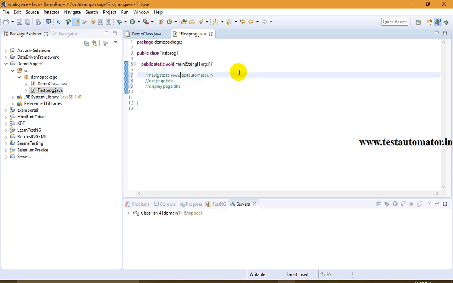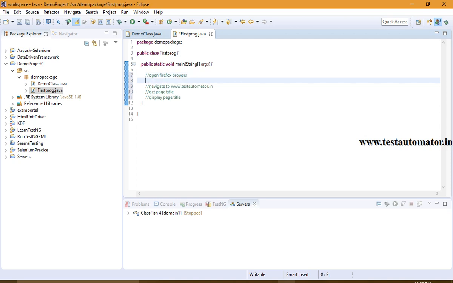Now how to do this? Before this I need to open the Firefox browser. Open any browser, I am using Firefox here. Open the Firefox browser, then navigate to this website, then get the page title, then display the title,